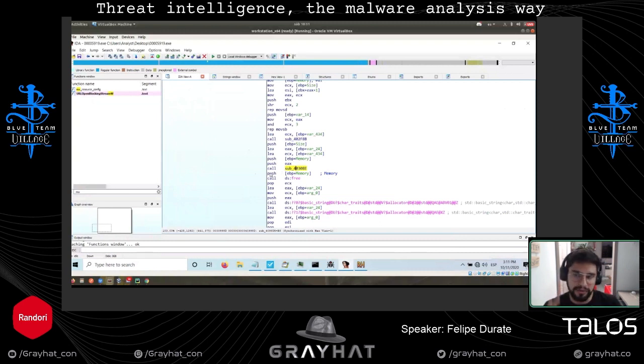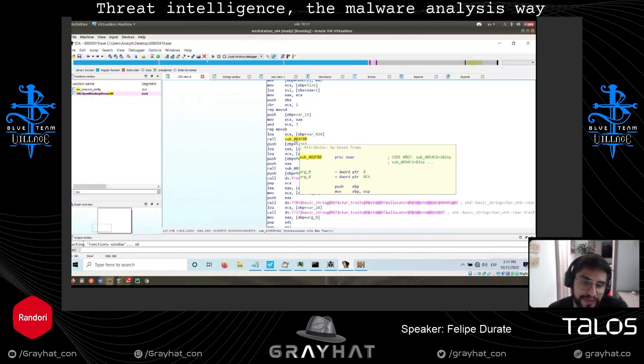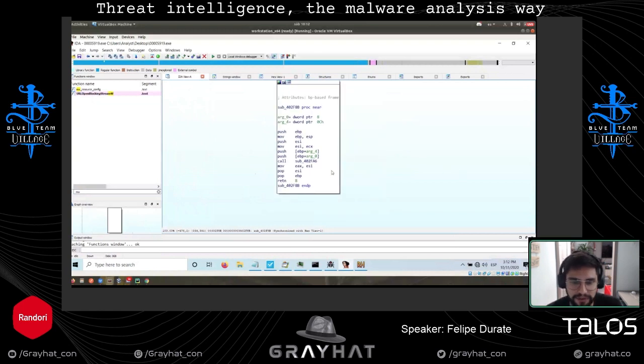Okay. At this point, I haven't analyzed everything that is going on here. I'm not going crazy saying EAX and ECX and whatever. No, I'm just focused on the functions, the main picture, nothing more. I'm just trying to understand the main picture, and then I can focus on the stuff that I'm really interested in. So I just click on the first function, double click. We have that function here.